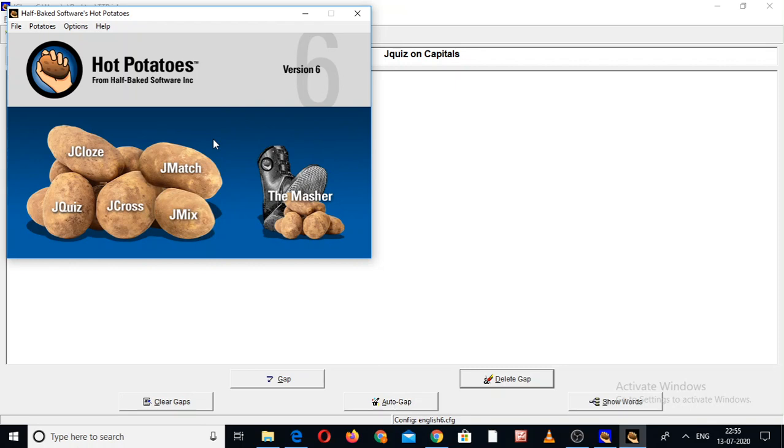It is a program that allows you to make 6 different types of self-test exercises, as you can see on your screen: the JCloze, the JMatch, the JMix, JCross, JQuiz, and the Masher. So these 6 are the different types of self-test exercises. These exercises can also quite easily be imported into an LMS like Moodle to be used for assessment of